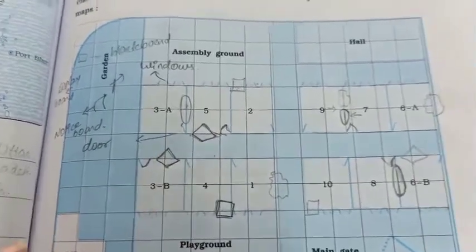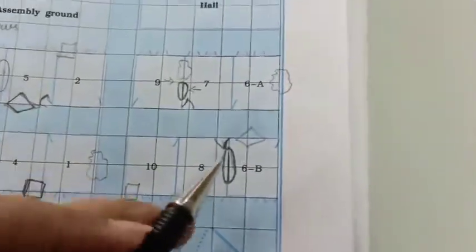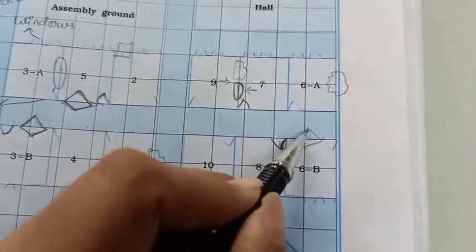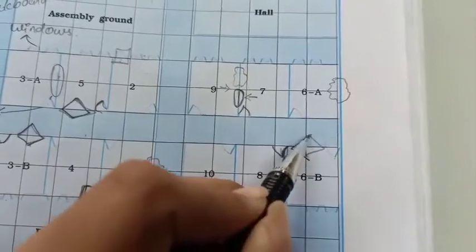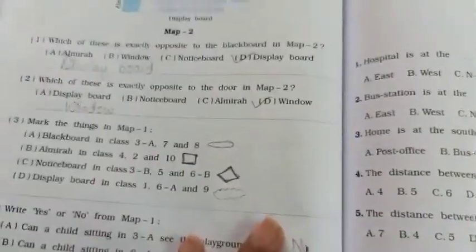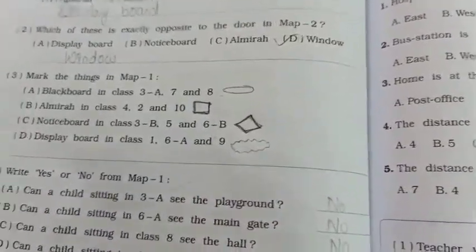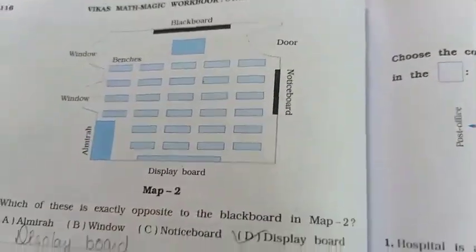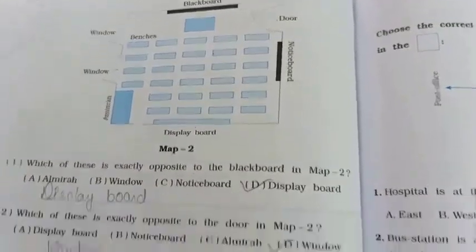Yes. Now we have to go to the 6th B. Now 6th B, there is a door, can you see? And here is a curve shape and this diamond shape you have to draw here, because this is your notice board. So definitely you are understanding and grasping very nicely and fast. Very good. You have to mention it this way. You have to keep this map 2 in your mind so that you can solve it in map 1 also.